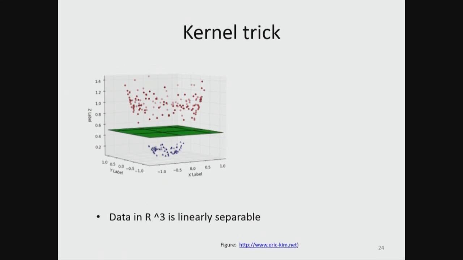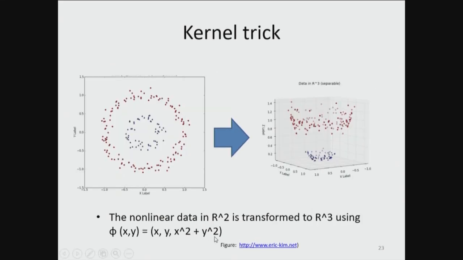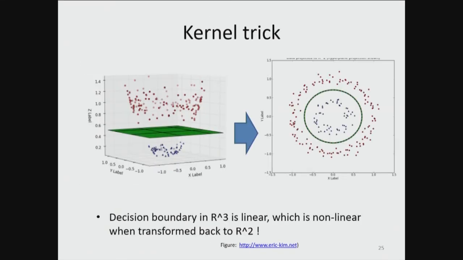And what is the beauty of this is that suppose here we have the 3-dimensional representation. Suppose we project this into 2 dimensions. Remember, what is the function we use? x square plus y square. What is x square plus y square equal to something? It signifies a circle, right? Therefore, when we project this into a two-dimensional one, we have a circular separation of the data points, which was impossible